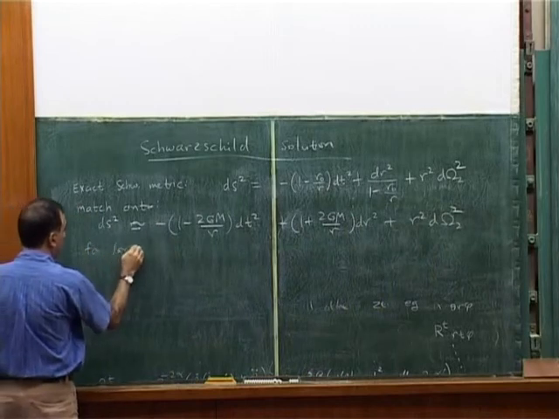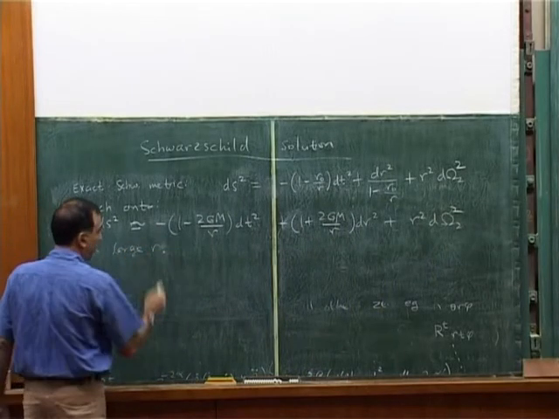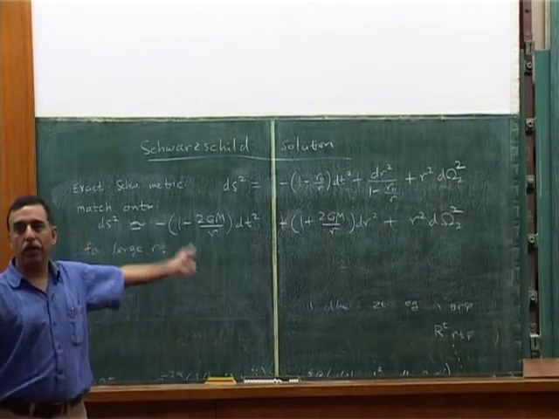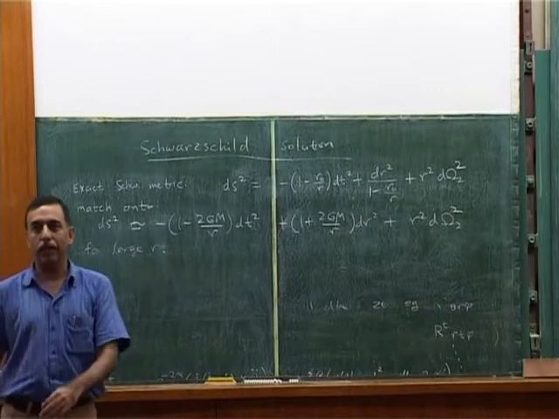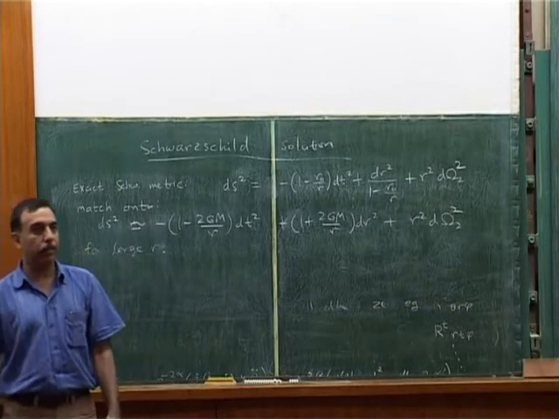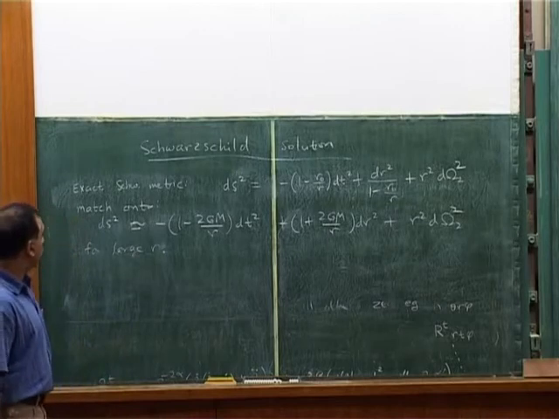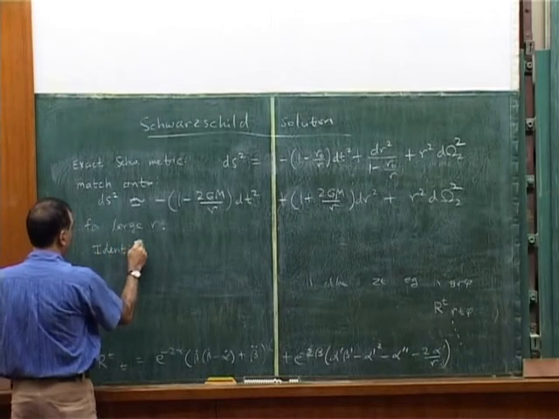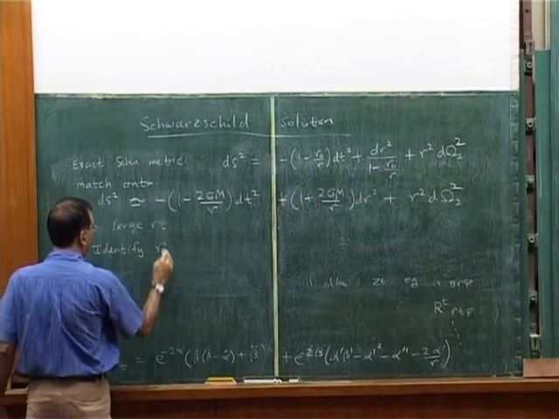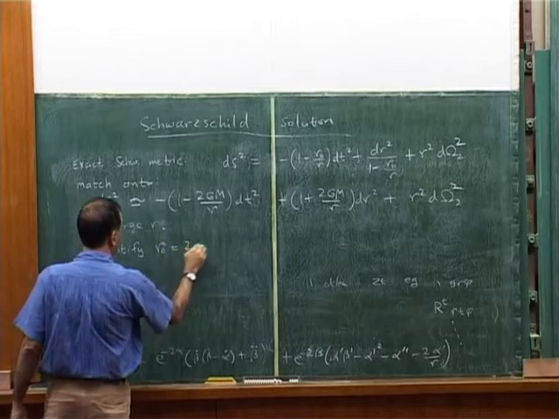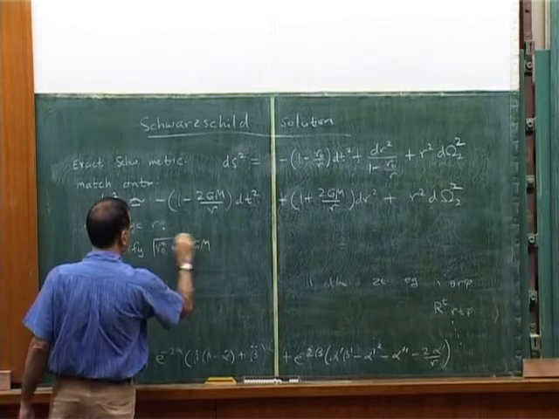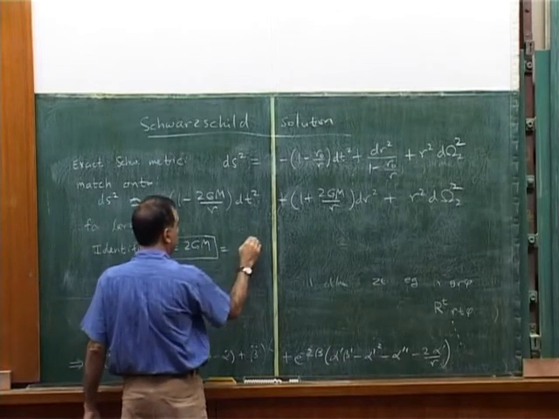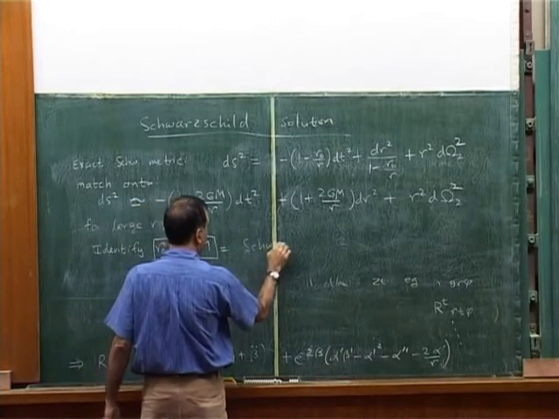If they don't, then we are sunk. We don't really have any room to wiggle out of this embarrassment because all of these are dictated by principles that we have been advertising from the start of this course. So they better match. Okay, so I hope you agree that if we identify the integration constant R naught of the Schwarzschild solution with 2GM, and it also has a name, it's a particular radius, so it's called the Schwarzschild radius.